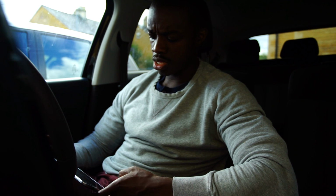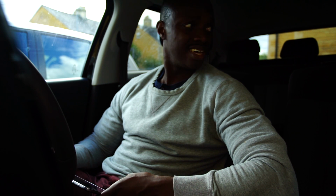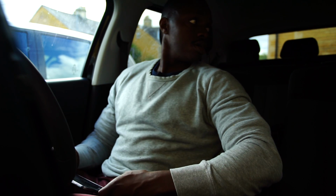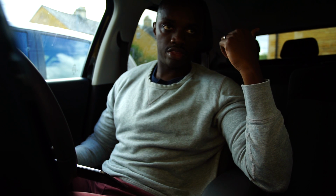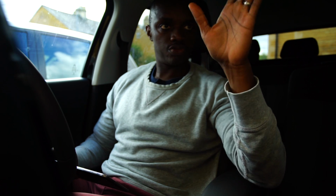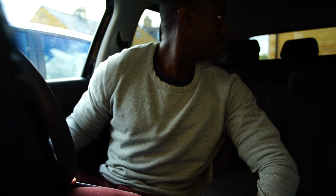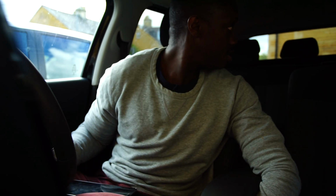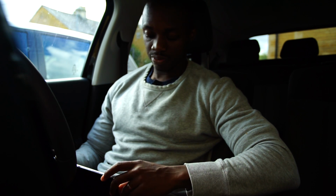Back seat is small. I talked about pedal placement. The visibility in this is not great. There's a huge blind spot in the back because there's no window between. What is it? We got the A, B, C. So the C pillar just goes back to the trunk, and there's no window there. And the back window is pretty small. You can't see it from here, but the back window's pretty small, so that's less than